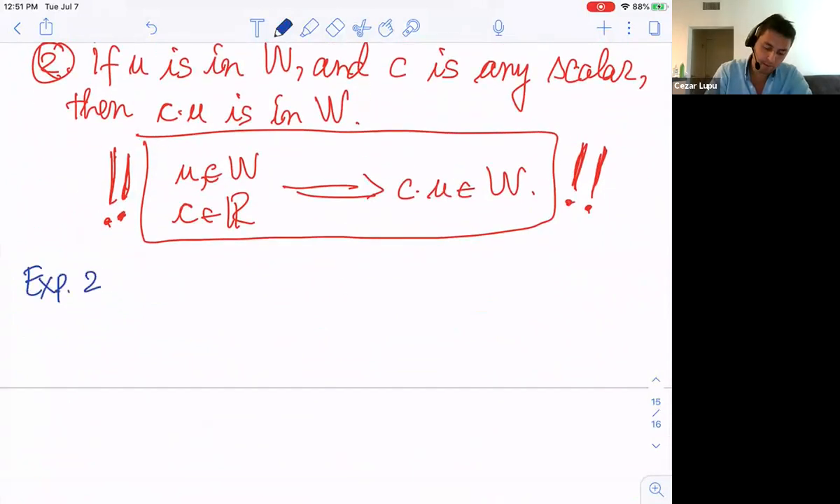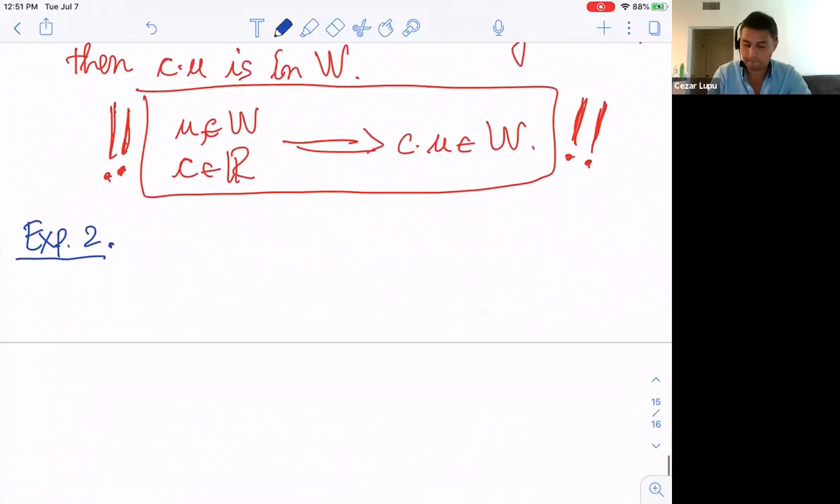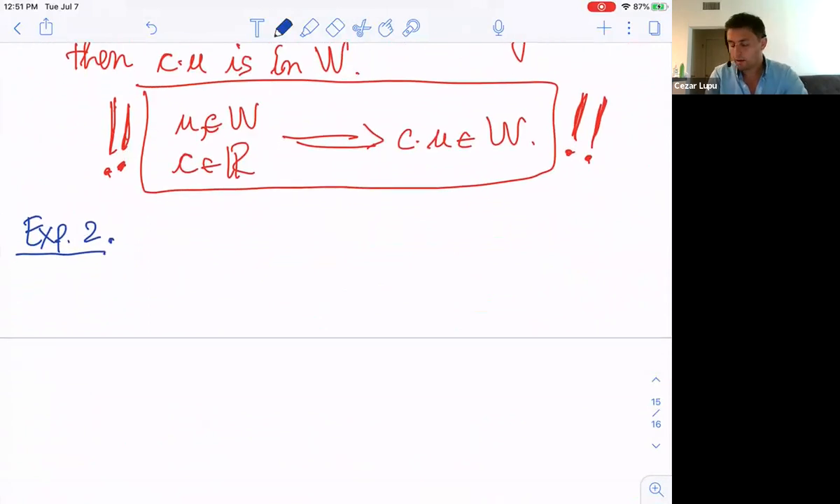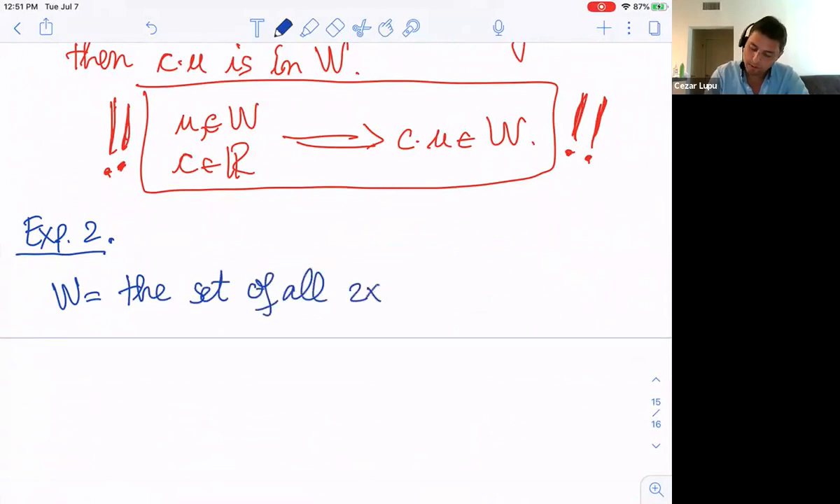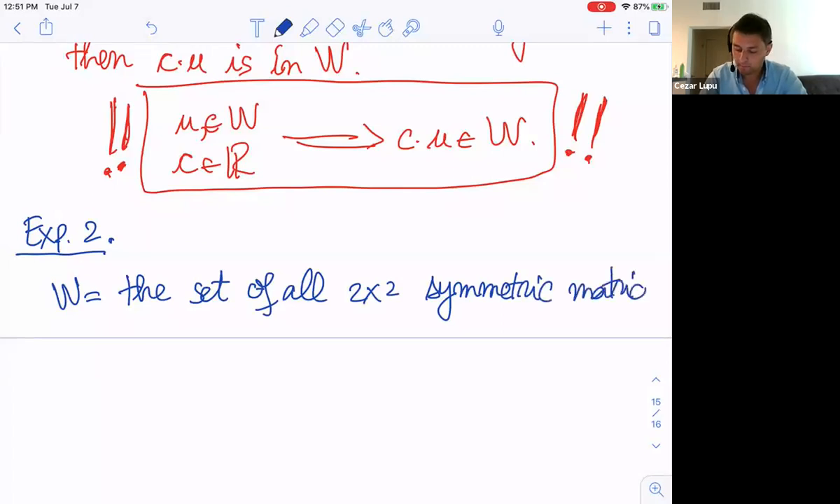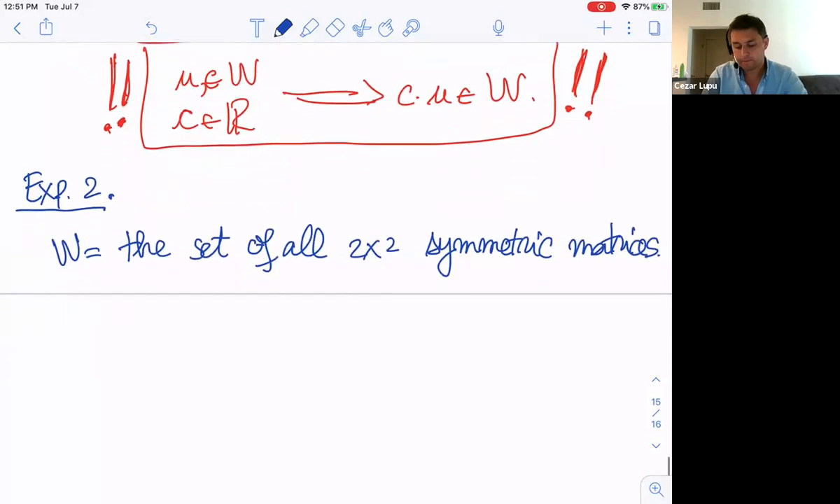Example 2 is the following. And now let me consider a subspace of the 2 by 2 matrices. So for example, let W be the set of all 2 by 2, let's say, symmetric matrices. You already know what a symmetric matrix is. And we claim that W is a subspace